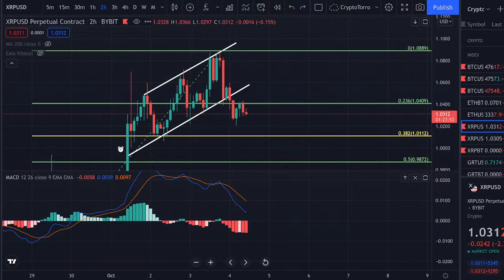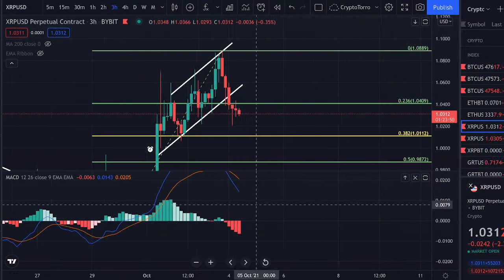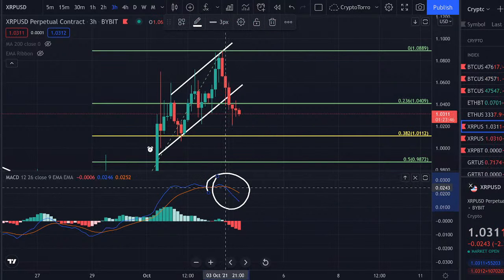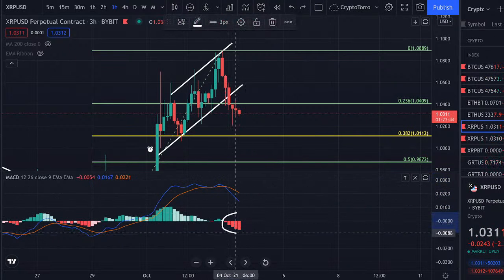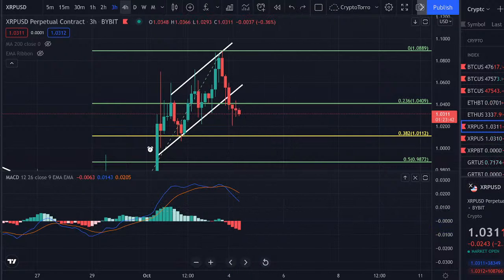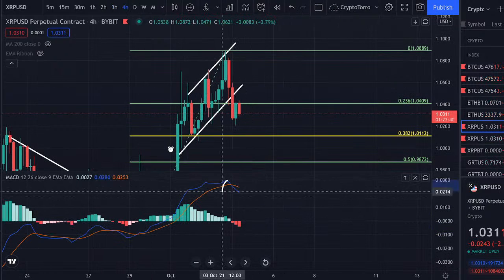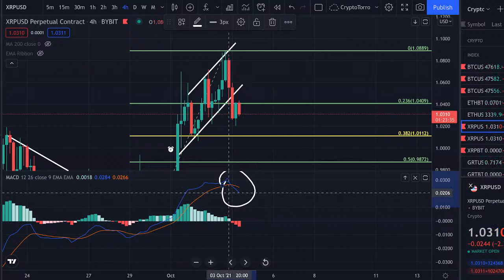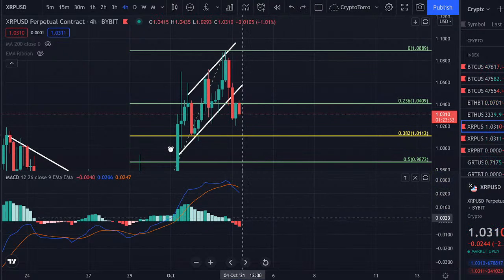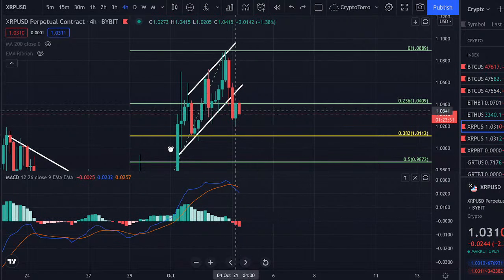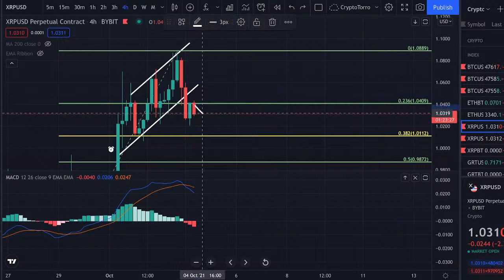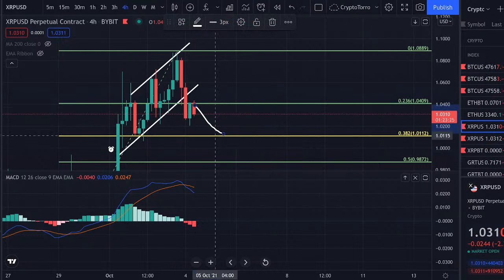on the XRP chart. And as well, if you head towards the 3 hourly time frame, you can clearly see that the crossover just occurred a couple of hours ago, and that we are still clearly experiencing downward momentum. As well, on the 4 hourly time frame, the crossover occurred just several hours ago, and therefore I must admit that we will see a continuation of this downward momentum. What I think is of utmost importance is that if we are heading towards the $1.01 level, I will be